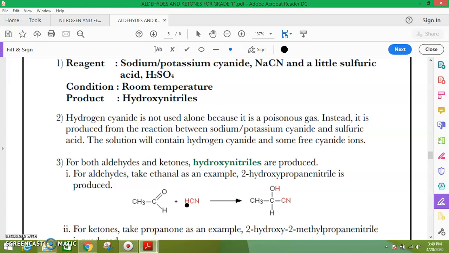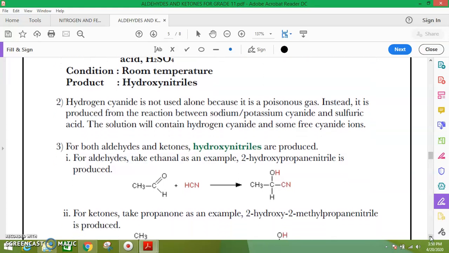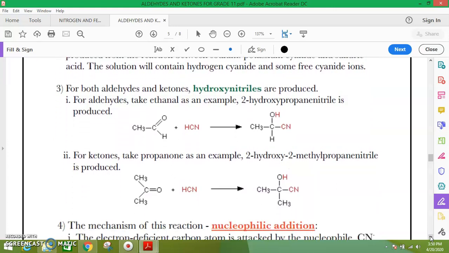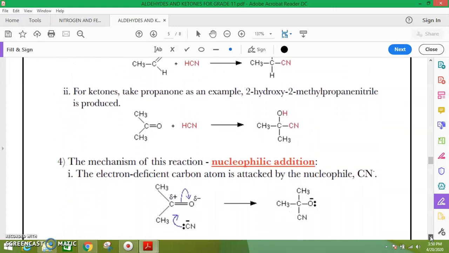So this oxygen will attack hydrogen because oxygen is negative charge and hydrogen positive, that's why OH, and here cyanide negative ion, it is a nucleophile and it will attack on this carbon. It will attack on this carbon and attach with this carbon, that's why CH3, CH(OH)CN, and there is H in this compound, which is called 2-hydroxypropane nitrile.